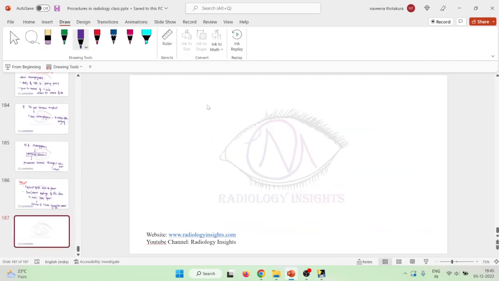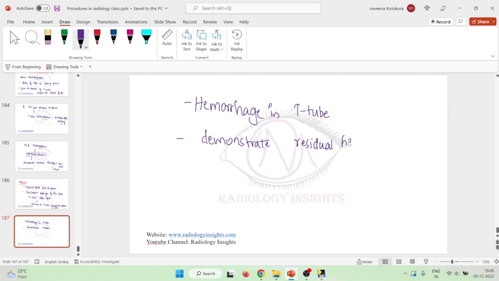Then, if any type of hemorrhage is noted in the T-tube, then to know the cause of hemorrhage, we can do this T-tube cholangiogram. Then it is also done in order to demonstrate residual hematoma. If there is any residual hematoma, in order to diagnose or demonstrate it, or if there is any abscess formation